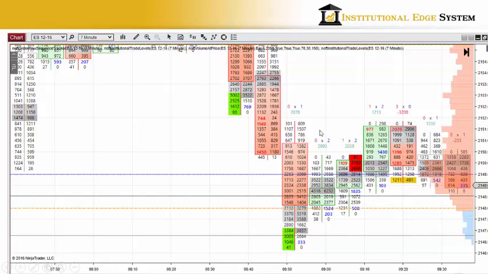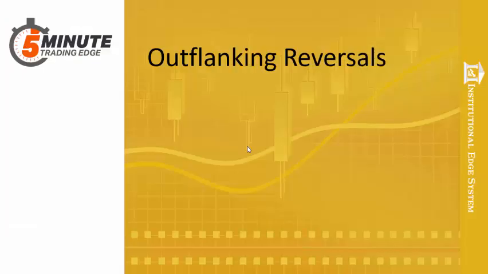So you might be asking as you look at this chart, why not this one right here? Well, this is right in the middle of the value area. Where all the volume's taking place, that's still the chop. I'm going to avoid that at all costs. I want to see this go below value area low. That's the reversal condition I want to take. And then I can move in advance just like my Greek army did. Outflanking reversals. Don't fall for the fakes.